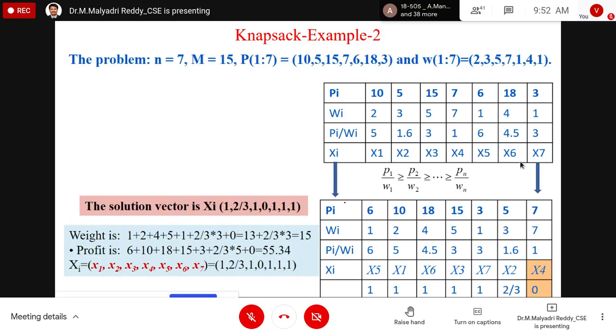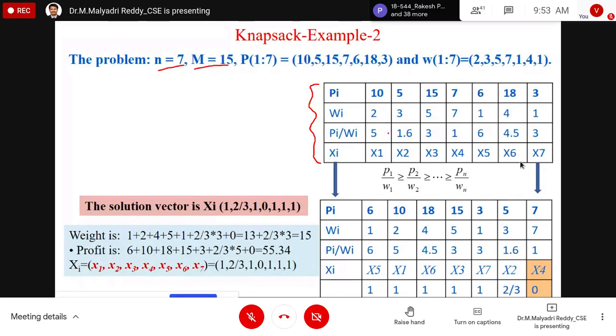Yes sir. First, random. So total n number of given objects, and capacity of the bag is 15. Maximum weight is equal to 15. Okay, so in the previous example what you understood, pi by wi ratio is the best solution, right? Yes sir. So these are all given in tabular format.